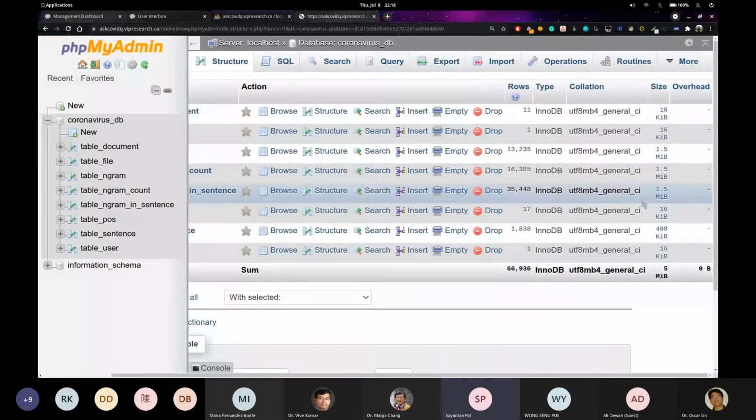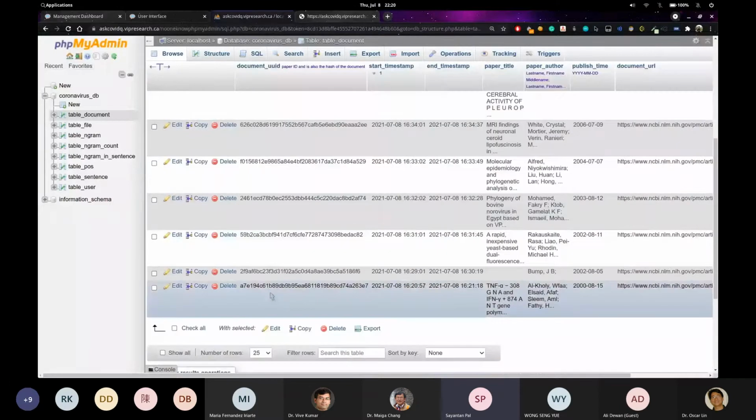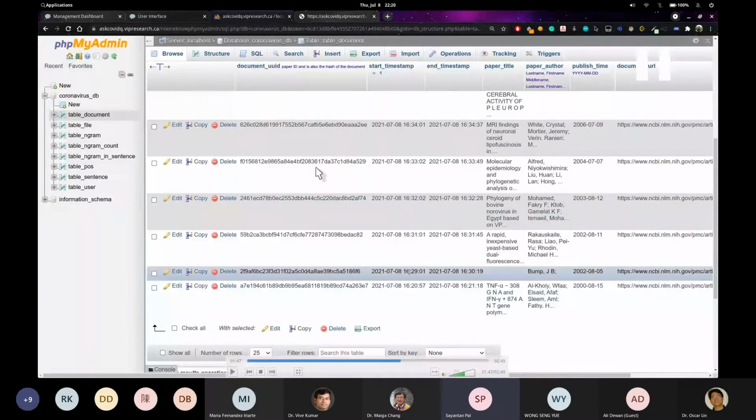And in this part I'm explaining how cron works and how each document has got processed. See the first document, just ignore the A7 one and move to the next one, because that was already there. So the cron job actually started from 2F9A. Here you can see that the process started at 16:29:01, and I said that the cron job runs every 1 minute. This process took until 16:30:19, so it exceeded 1 minute.